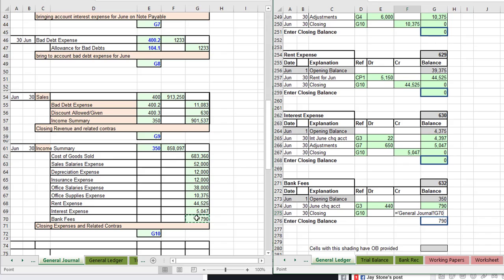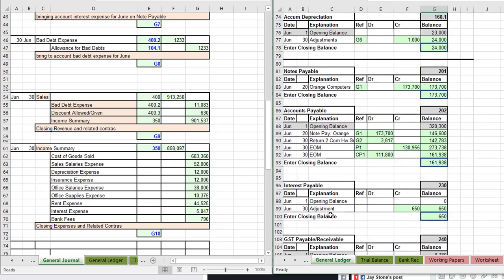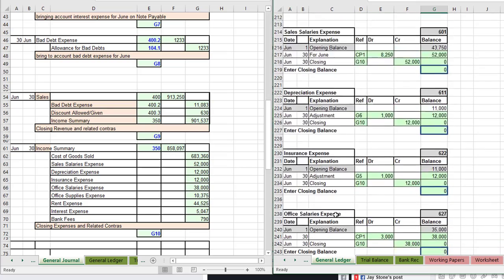It's a lot of bank fees. And that must have been the bottom cell, and it's taken me back to the top because we still need